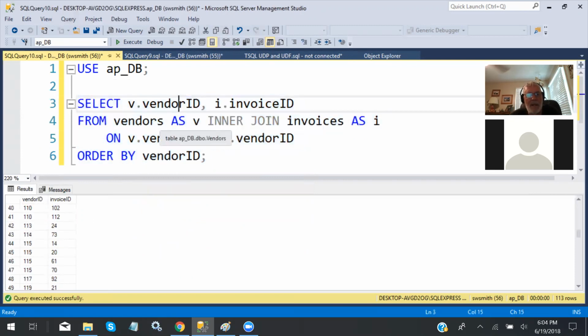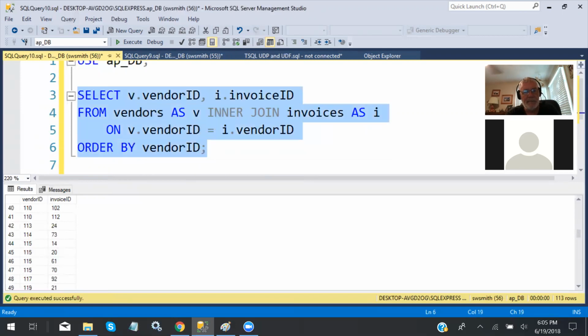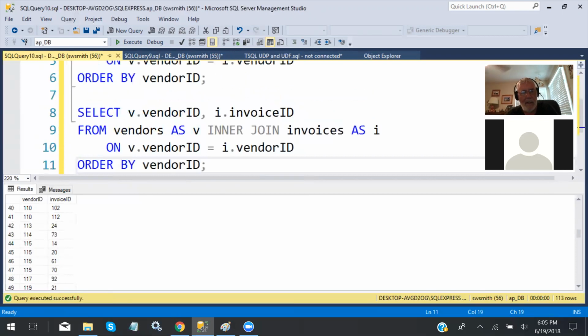Okay, so the point being that I only see vendor IDs and invoice IDs that participate in the relationship. I could add in the vendor name and other stuff about it, vendor total, invoice total, and all that stuff. But for right now, basically I'm following the key. Now, the other way to do this is